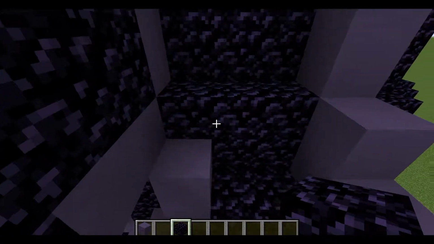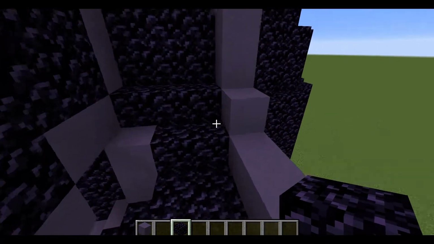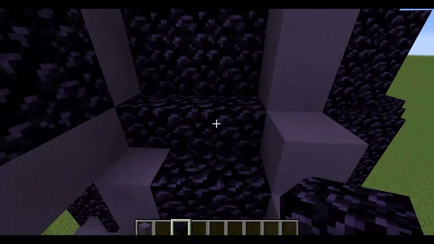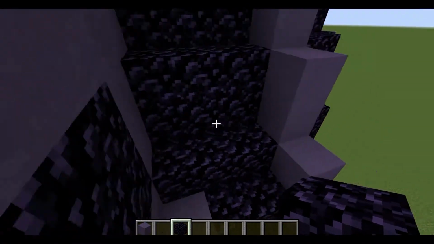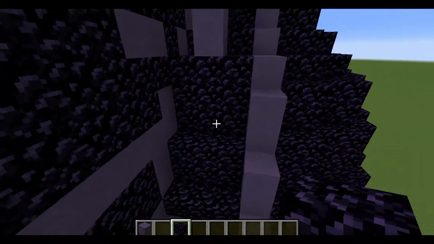Bring this all the way across right there, and all the way across right there. You don't want to place the obsidian on top of that. It should look kind of like a staircase kind of going up. And then block free, and then like this. Okay? And then,